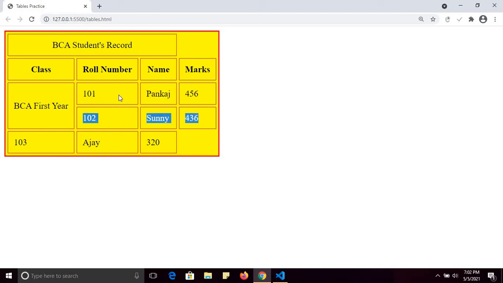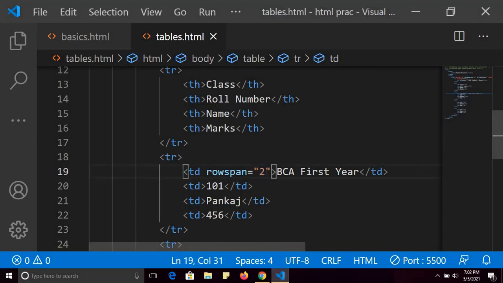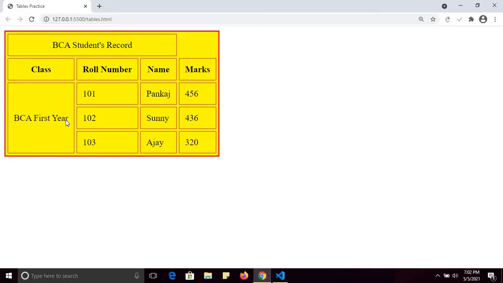Fine. But there are three rows in the table. There are three students of BCA first year. So I will use row span equals to 3 and see the difference.